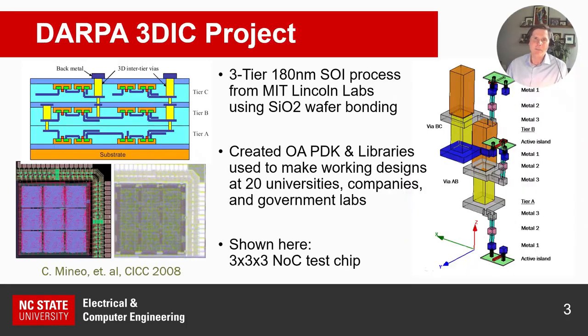Our work in this area began 20 years ago as part of the DARPA 3D-IC program. There we worked with stacks of 3 silicon on insulator wafers using silicon dioxide bonding from Lincoln Labs. This process included 1 handle wafer that was face up and 2 additional face down tiers that were interconnected using through silicon vias, as illustrated here and on this figure on the right,